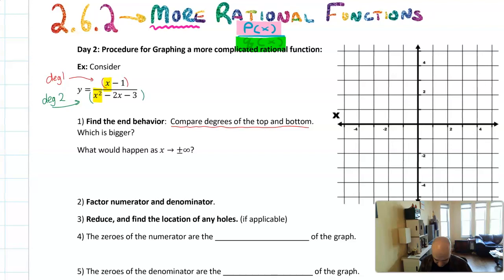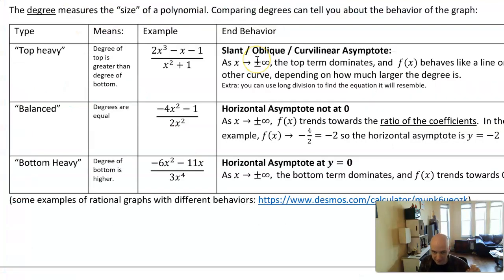Well, let's scroll down a little bit and consult the chart. This is at the bottom of the page, and I had a degree 1 over degree 2, which meant the degree of the bottom polynomial was higher. So that looks like I'm looking at this last category, which we'll colloquially call a bottom-heavy polynomial. If you think about a bottom-heavy polynomial, we had x over x squared. Well, if you ignore all the other stuff that was after it, because we're thinking about end behavior, we're ballparking or estimating. If you estimate this, the x's cancel out and it turns into